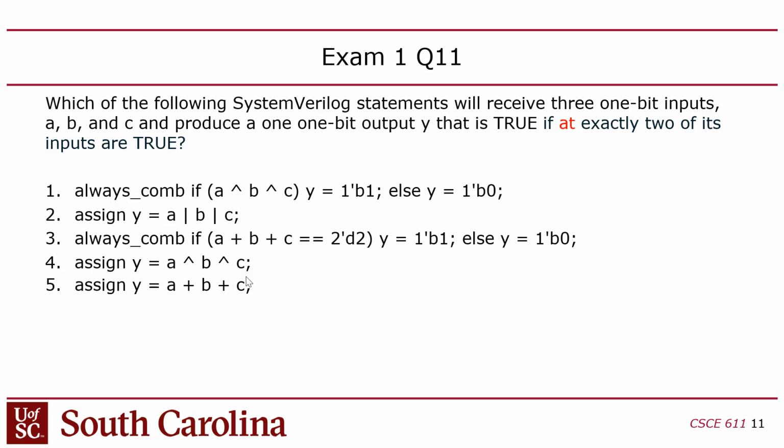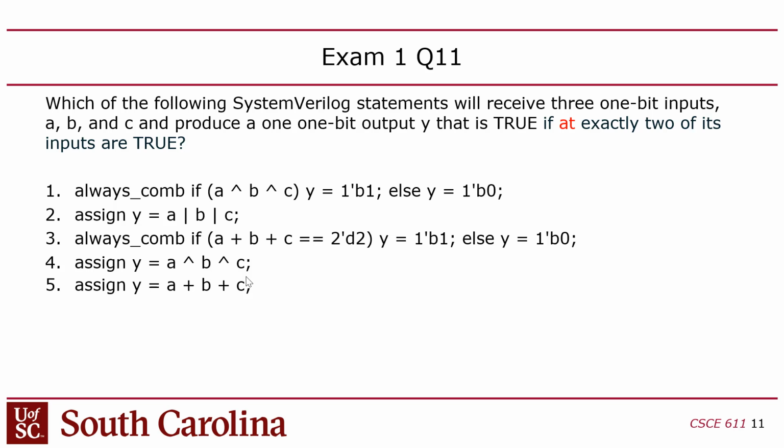Make sense? So option 1 is doing an XOR. If you do an XOR with A, B, and C, then you'll get a true output if an odd number of inputs are 1. Option 2 is you're ORing together A, B, and C, so that would be true if at least one of the inputs was 1. Option 4 is basically the same as option 1. It's just written differently. And option 5 would be true if